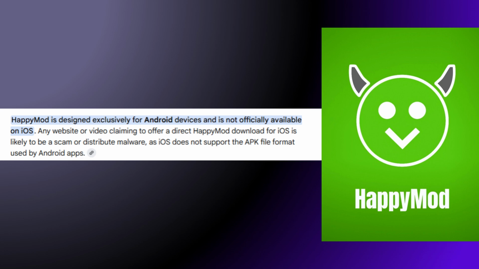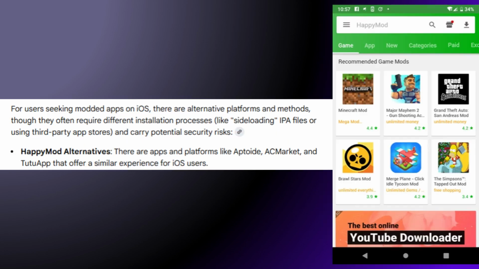For users seeking modded apps on iOS, there are alternative platforms and methods, though they often require different installation processes like side-loading IPA files or using third-party app stores, and carry potential security threats. Some HappyMod alternatives: there are apps and platforms like Aptoide, AC Market, and Tutu app that offer a similar experience